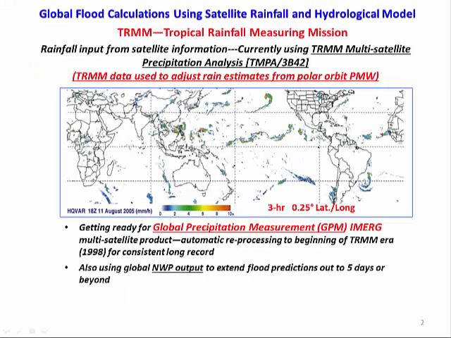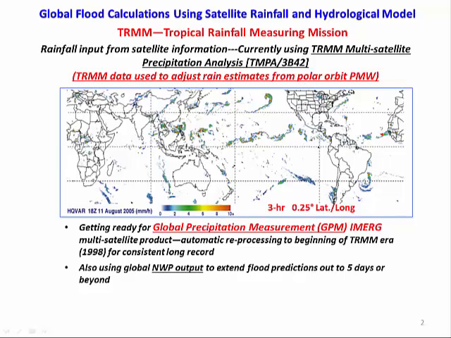So the first slide, slide 2, actually encompasses most of my talk. It's kind of an overview, or at least the next slide will be. This slide emphasizes the satellite rainfall, and a lot of this is associated with what you're probably familiar with as the TRMM, the Tropical Rainfall Measuring Mission. We use rainfall that comes from TRMM, that single satellite, but actually that satellite combined with information from about 9 other satellites, to put together